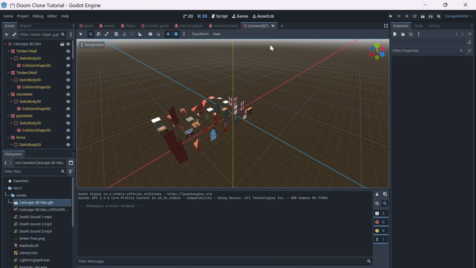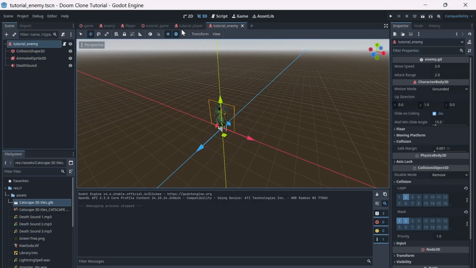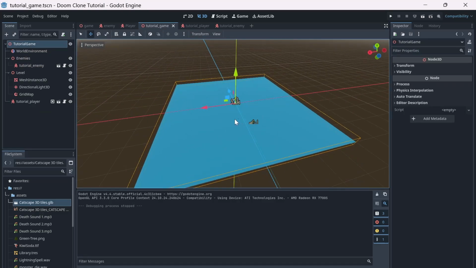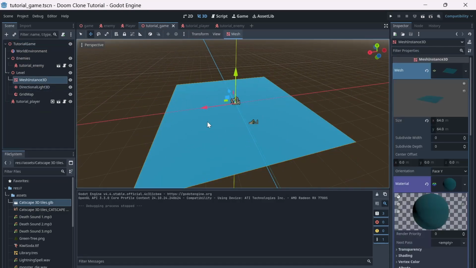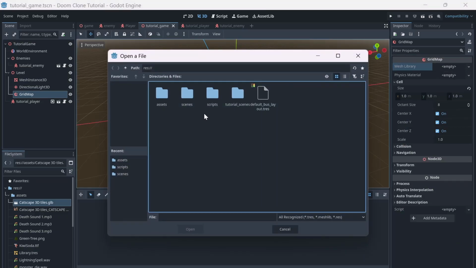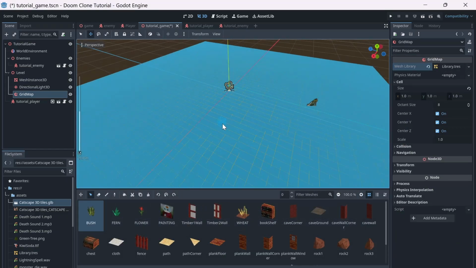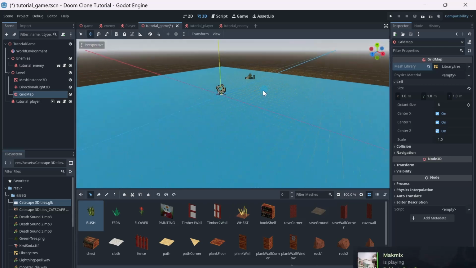So let's exit out of that. We don't need to save that. We're done with the enemy. We can go to this mesh instance, or sorry, this grid map right here, and we can load that library. Okay, great. So, wonderful. We have the ability to paint,